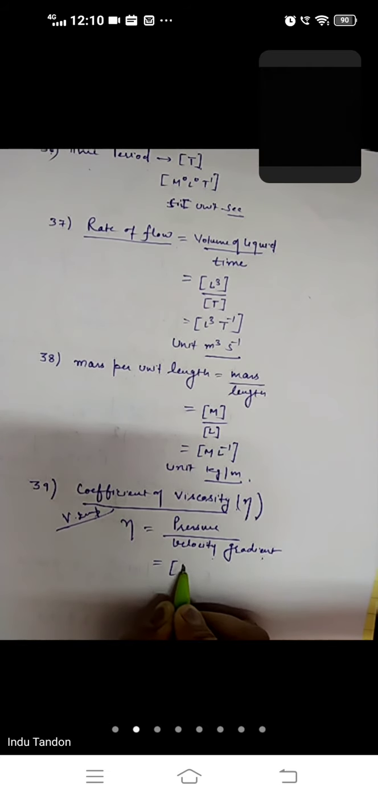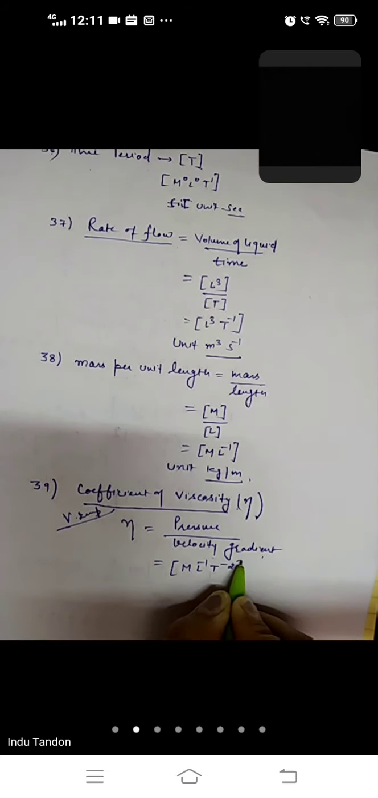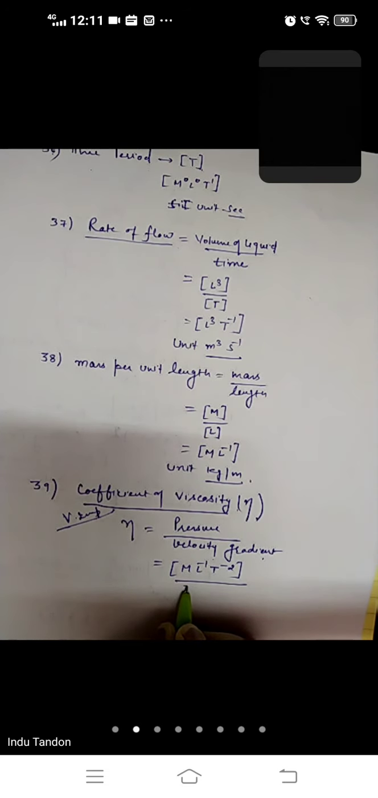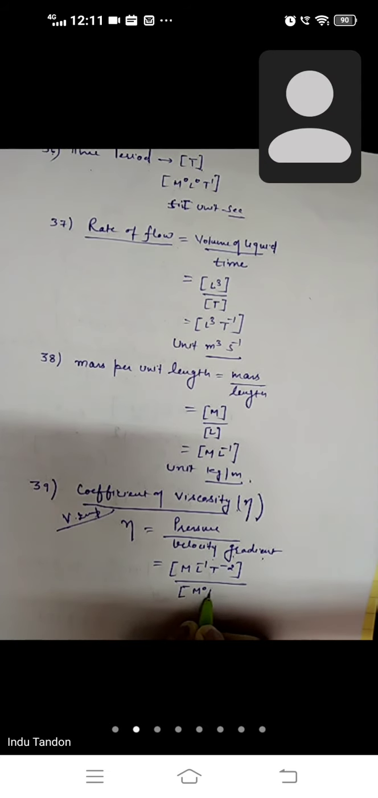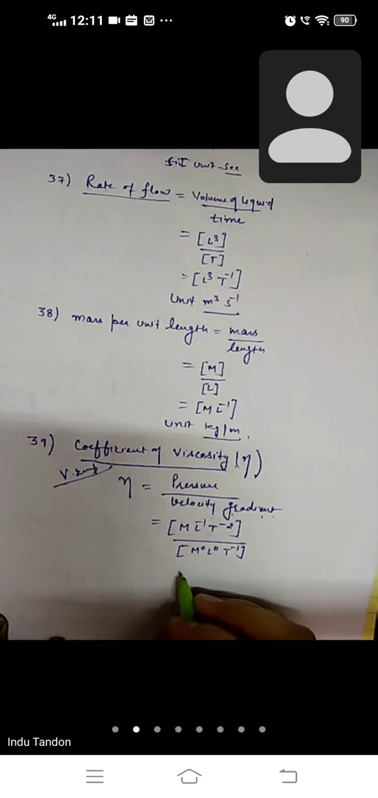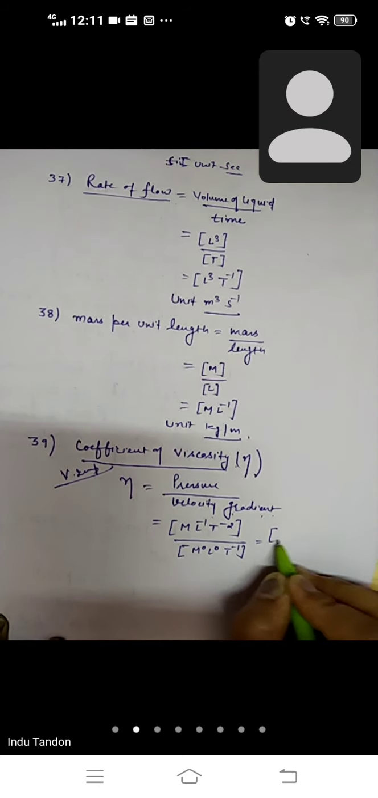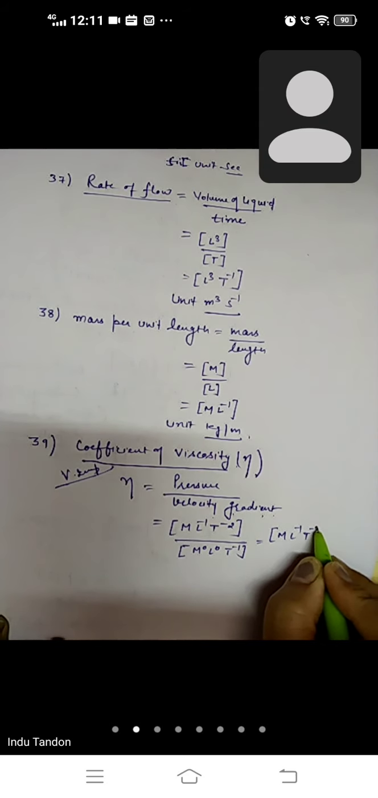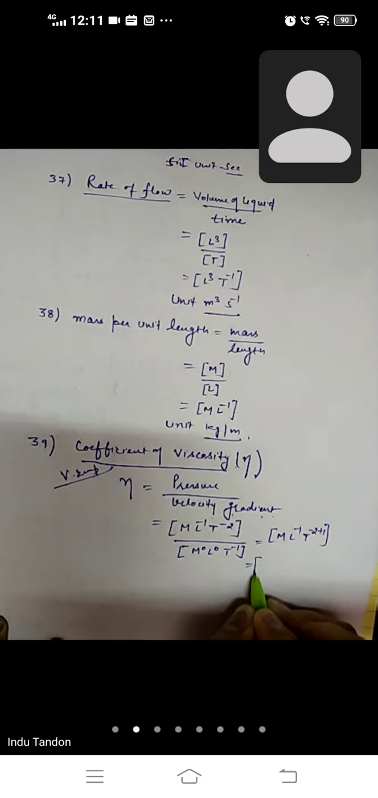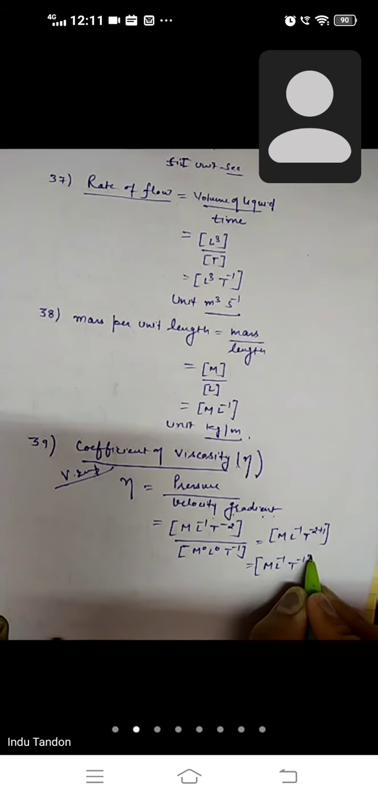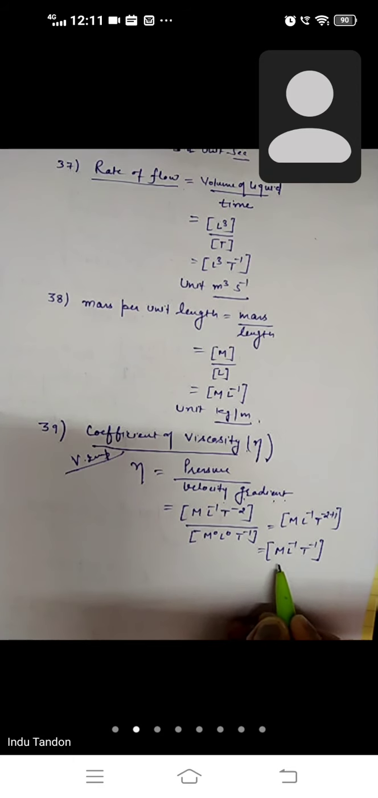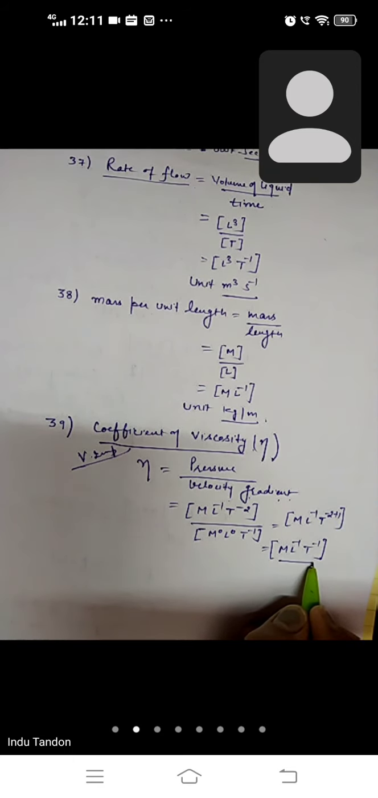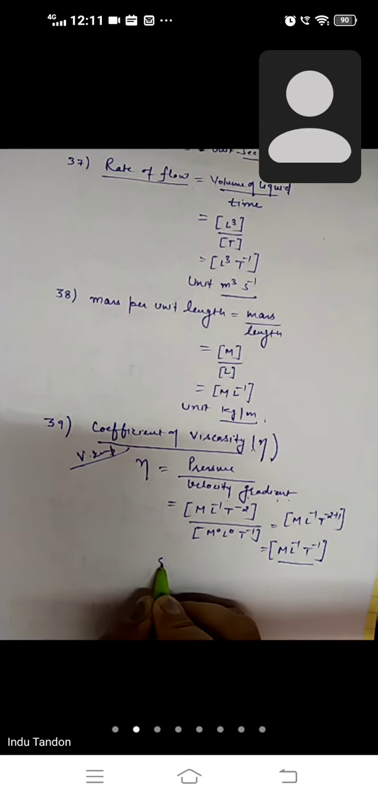What is pressure? ML minus 1 T minus 2. And velocity gradient, can you tell me what is velocity gradient? It is velocity divided by length, M0 L0 T minus 1. So it becomes ML minus 1 T to the power minus 2 plus 1, that is ML minus 1 T minus 1. So its dimension formula is ML minus 1 T minus 1, and its SI unit is